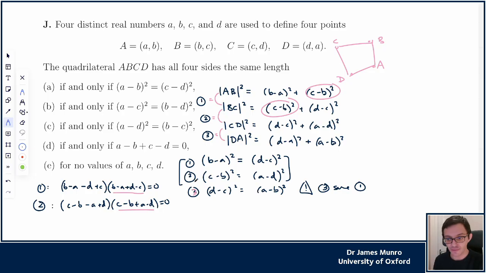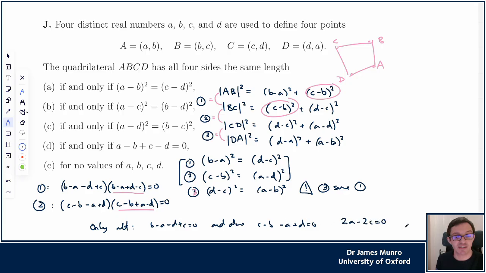And in fact, the only alternative would be if b minus a minus d plus c was 0, this first bracket, and also c minus b minus a plus d was 0. That's the only way to avoid having these second brackets be the reason why this thing's 0. If we have both of those, then I could add these equations together and I would get 2 copies of c, the b's would cancel, the d's would cancel, and 2 copies of minus a, but that would mean that a is equal to c, and we were told right back at the top that they were distinct numbers,